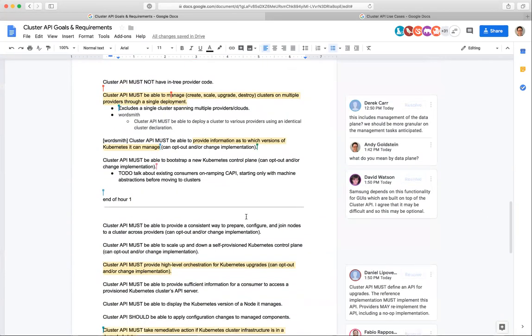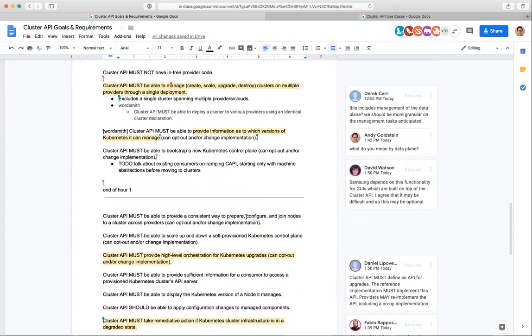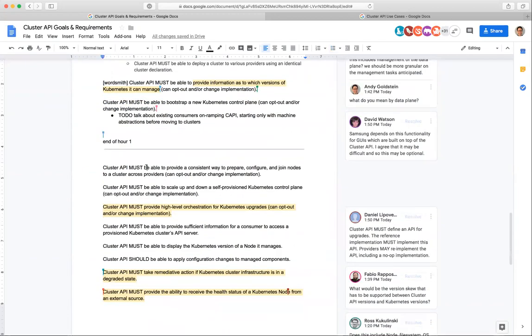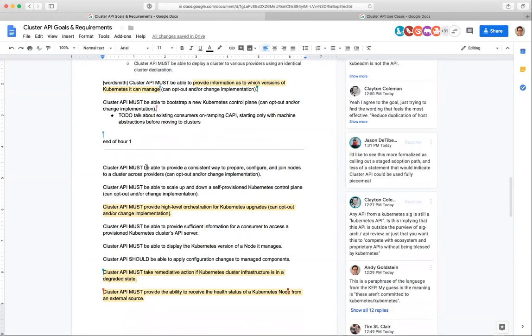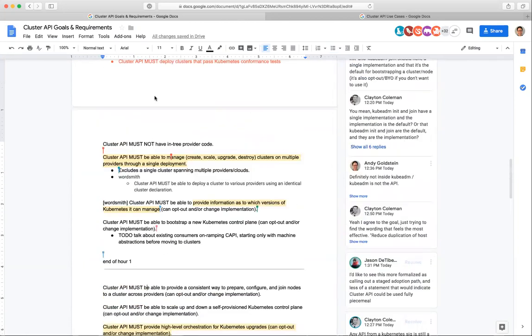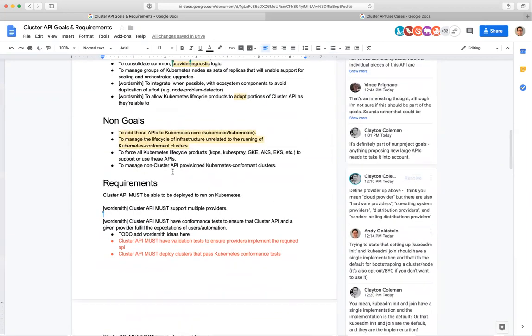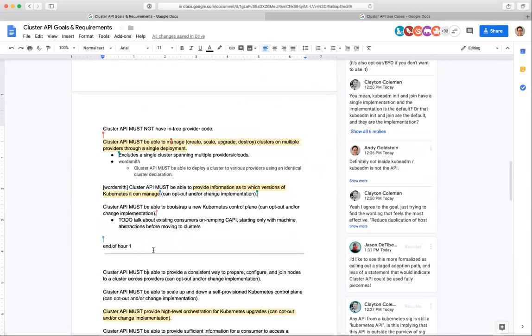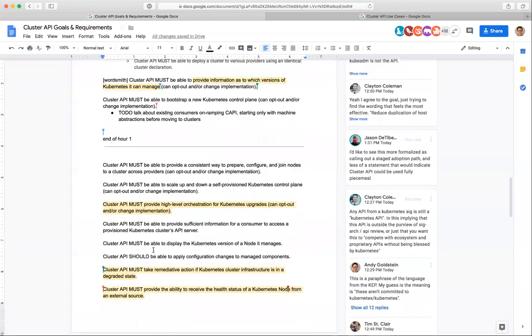And I think we decided that we were going to just pick up with the requirements where we left off at the end of the first hour. And for those of you that are joining, if you want to catch up while we're having the conversation, feel free to read through the goals, non-goals, and requirements above this end of hour 1 line. And when there's a break in the conversation, please feel free to bring up any of the items here so we can have additional discussion on them. Does that sound fair? I'll take that as a yes.